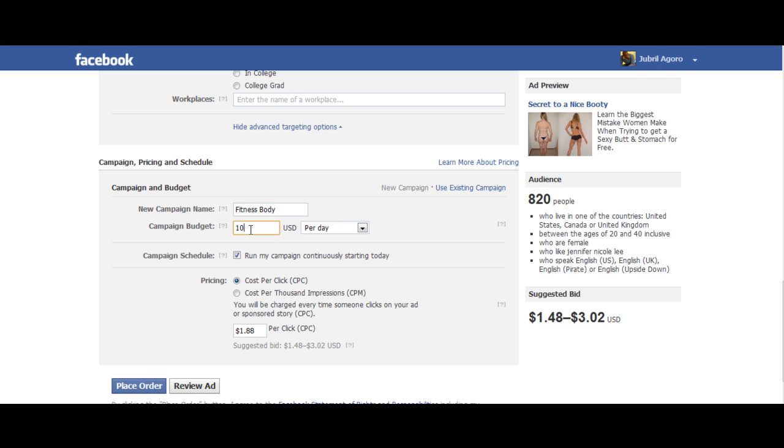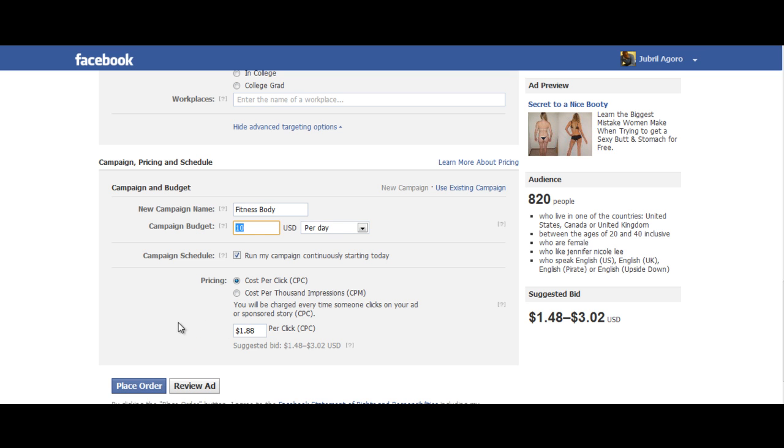So I would just put fitness, and if you can do more than $10 a day, I would definitely do it, so you can test out more things and get in the game a lot quicker. I would say if you can do $25 a day starting out, that would be a pretty solid place to start. And if you can only do $5, that's what you work with and play with. But the bigger the budget, the more you can test and the faster you can go.